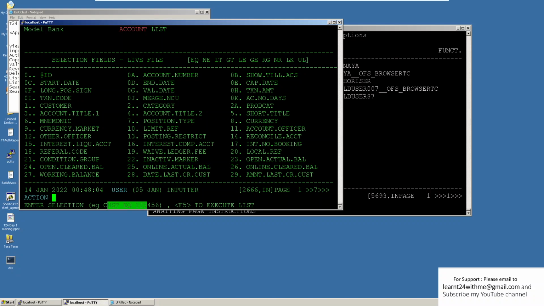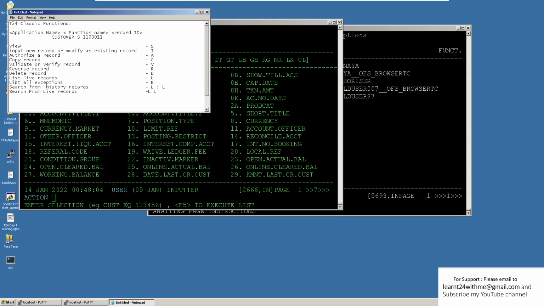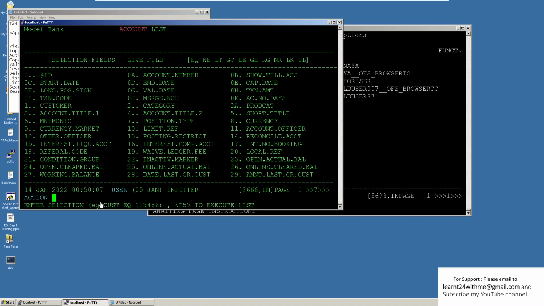You can see here customer equal to this. I hope you understand how to search in live records. One more thing, if you want to see how to use range, in the same example of category, if I am putting 2